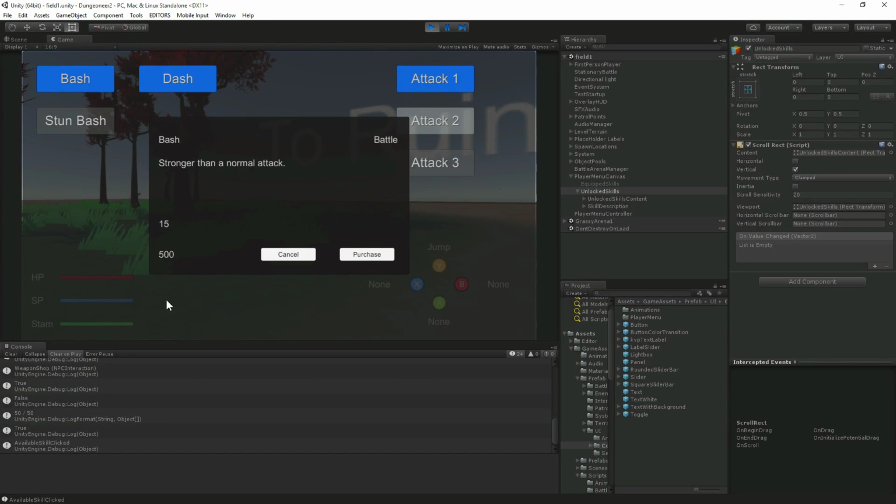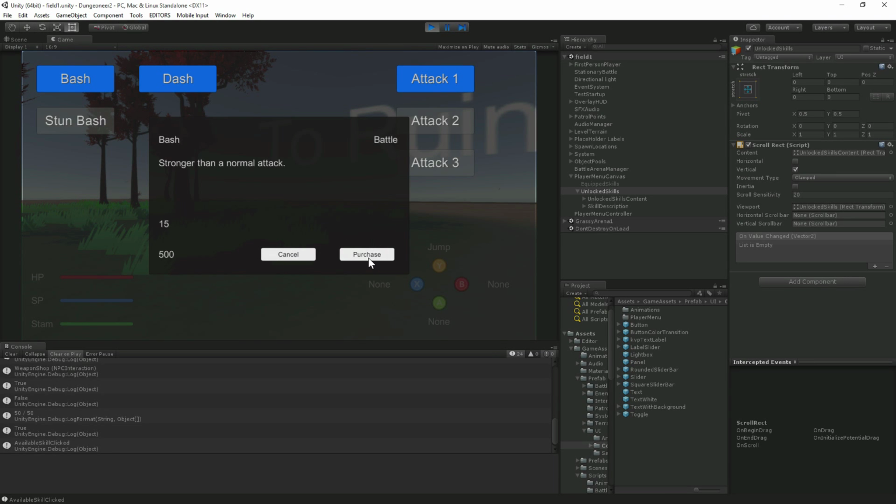I need to do some formatting on the text here so these numbers actually have the label in the text box. Normally you would want to have a separate label and then the text value, but because the length of the strings for both labels is exactly the same, I can just use a string format, and as long as these two text boxes are aligned at the same spot, the only difference in spacing is going to be the font kerning. So cancel should just close the window without actually purchasing the skill,